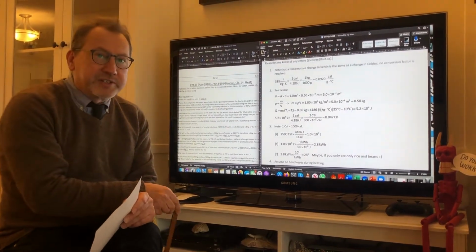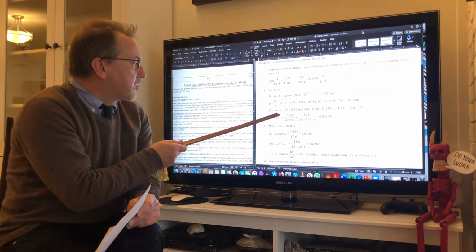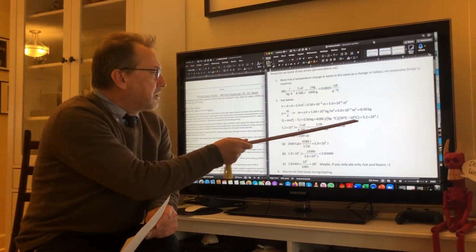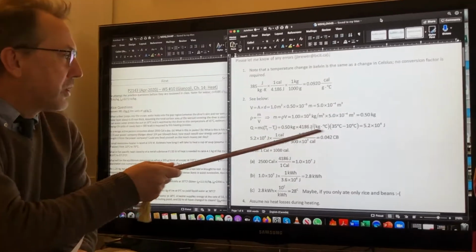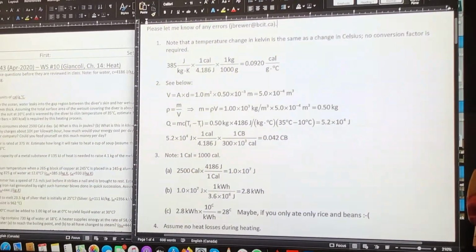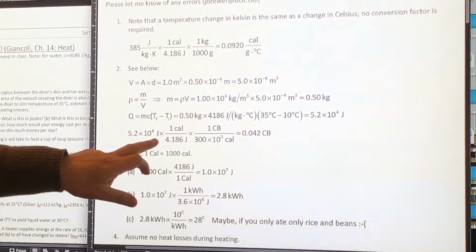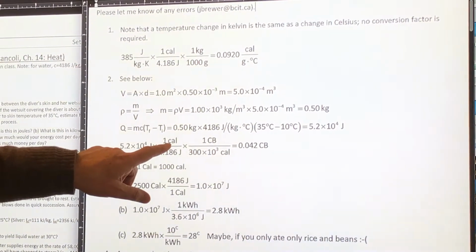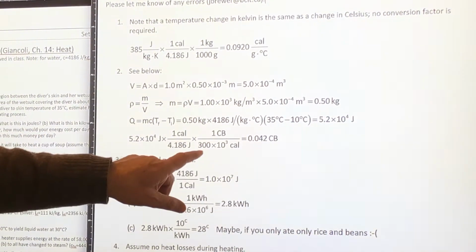How much energy does it take to heat this up? Well, here's our specific heat capacity equation. Q equals mc (Tf minus Ti). The final temperature is 35, the initial is 10. We've got the mass, we know the specific heat capacity of water. There's how much energy we need. All we have to do then is convert this energy in joules into calories, and then we convert it into candy bar. One candy bar is 300